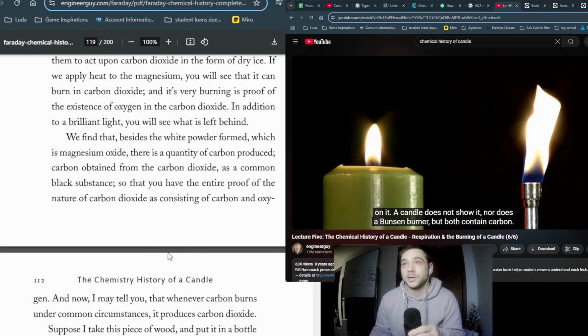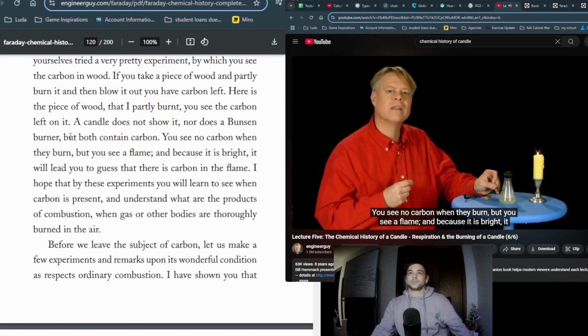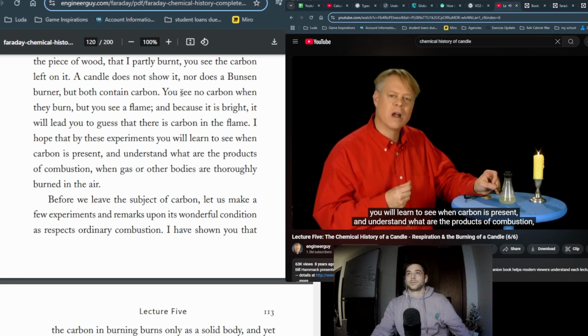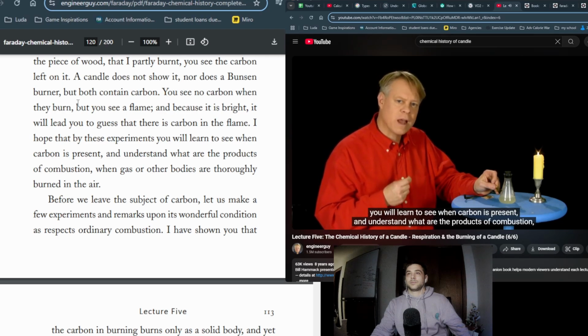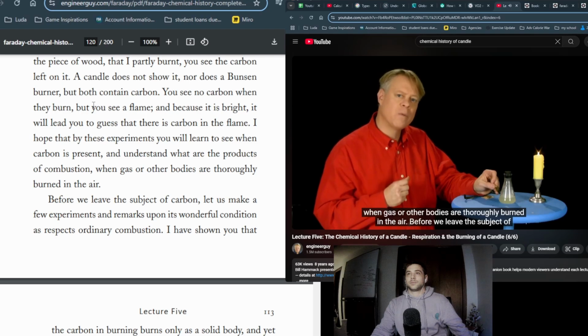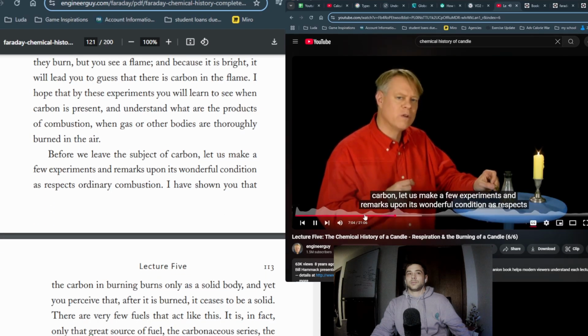Both contain carbon. You see no carbon when they burn, but you see a flame, and because it is bright, it will lead you to guess that there's carbon in the flame. I hope that by these experiments you will learn to see when carbon is present and understand what are the products of combustion when gas or other bodies are thoroughly burned in the air. Before we leave the subject of carbon, let us make a few experiments and remarks upon its wonderful condition as